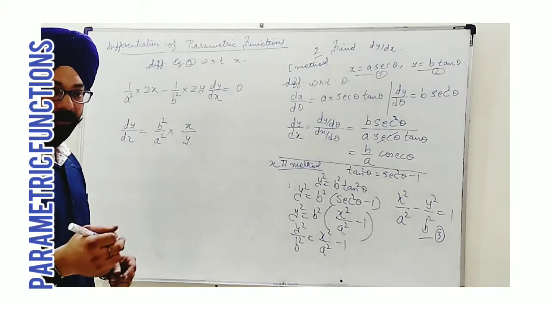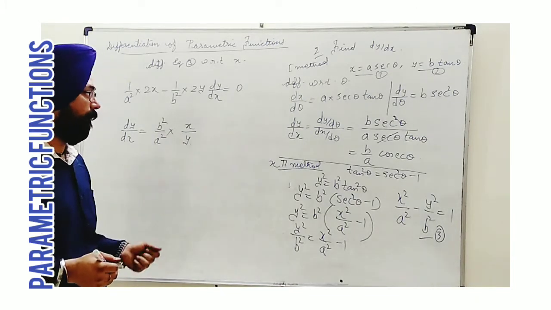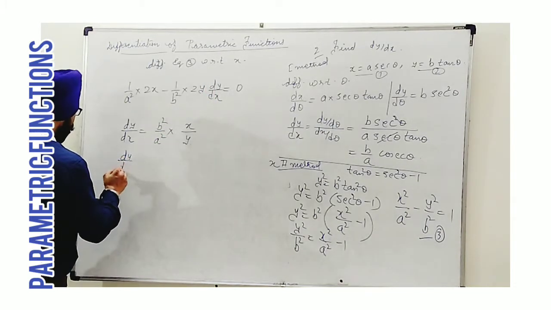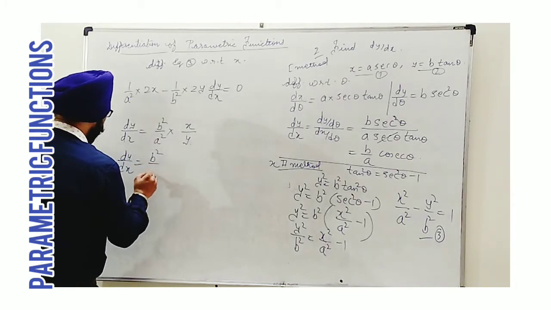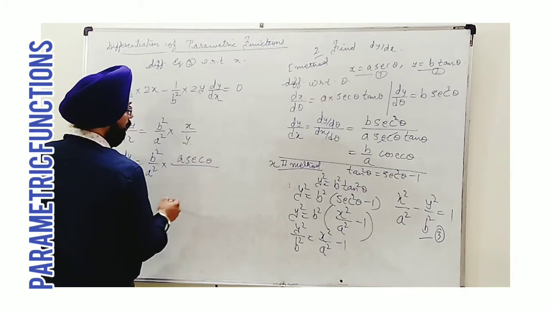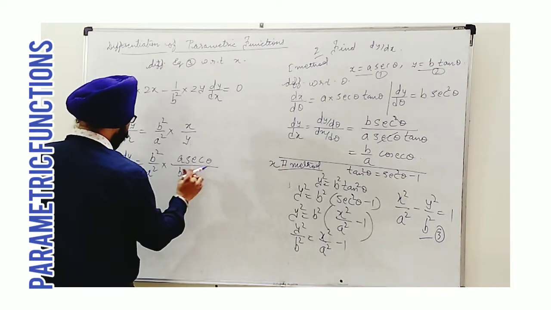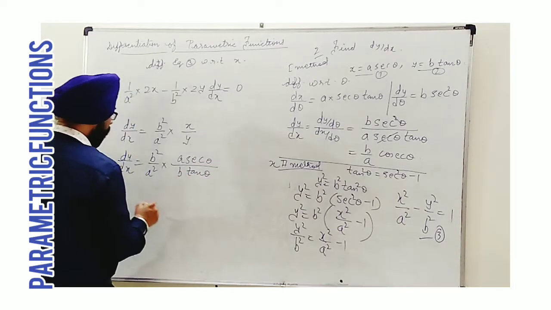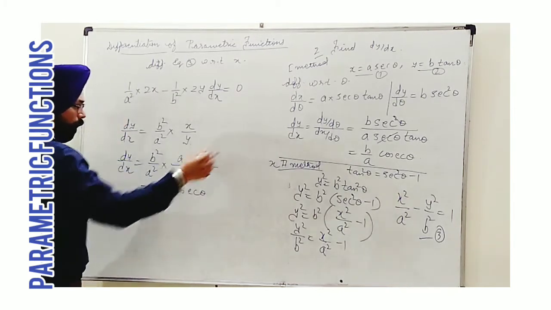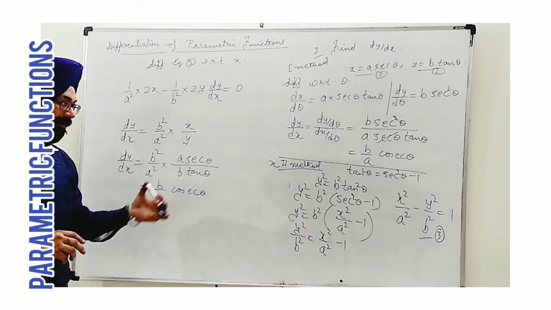But as I said, do your best to convert it to parametric form, to present the answer in parametric form. So from equation 1 and 2 we can put the value of dy by dx, this is b square upon a square into the value of x, which was a sec theta, and the value of y, we have b tan theta. Simplifying, we get b upon a cosec theta as it is, no change in the answer. Okay, so this way we can obtain dy by dx applying the second method also.